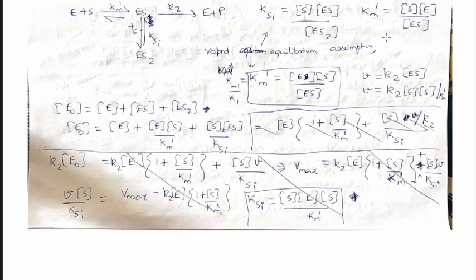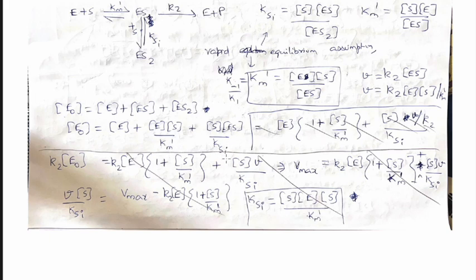So we write down these values, and Km dash is equal to substrate into enzyme by ES, where Km dash is equal to K minus 1 by K1. So V, from the first competitive inhibition, it comes. Here we write down again the rate of product formation. V is equal to K2 into ES. V is equal to K2 into E into S divided by Km dash. So we write down the whole enzyme concentration equation. E naught equal to E plus ES plus ES2. So E naught is equal to E plus E into S by Km dash plus S into ES by